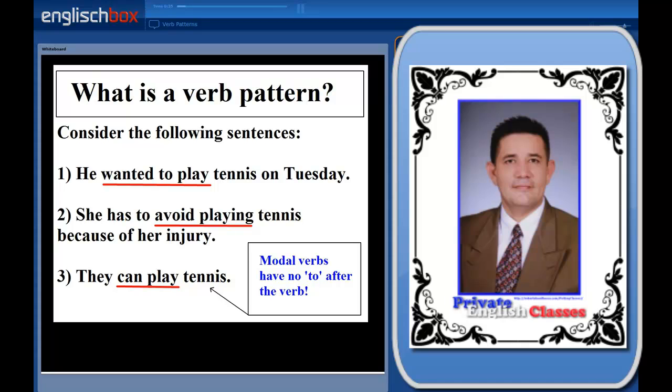Now, as you may have noticed, there are three different forms of the verb play here. In sentence one, we have to and the infinitive. Sentence two, we have the ing or gerund form. And sentence three, we have the bare infinitive without the preposition to. So you can see that the form of the verb depends on the preceding verb. With the verb want, we use to infinitive. With the verb to avoid, we use the ing form, and with the verb can, we use the bare infinitive